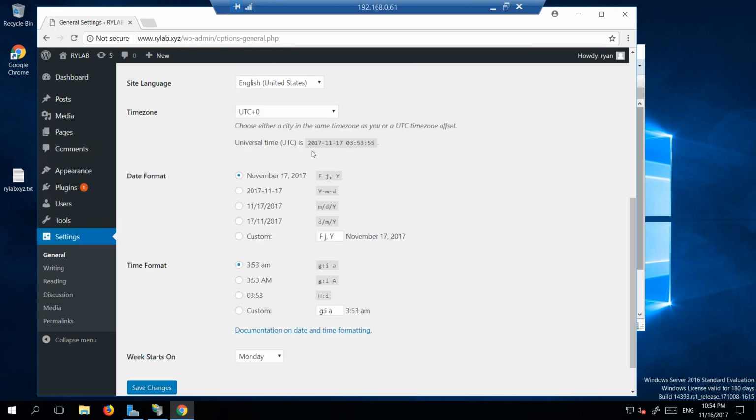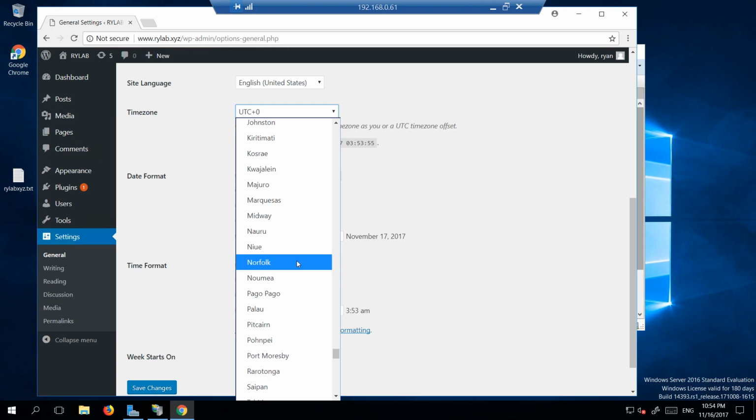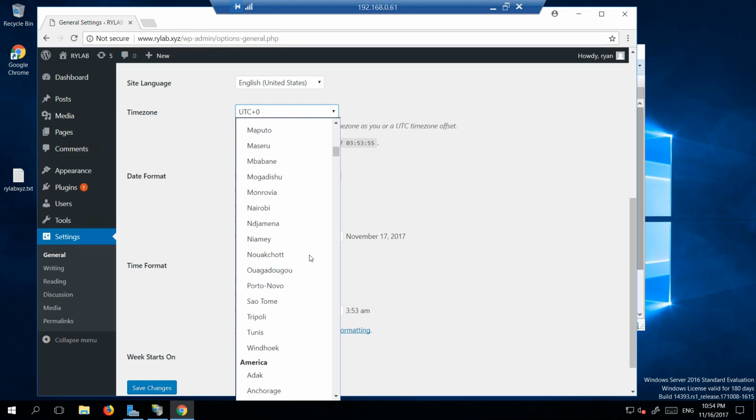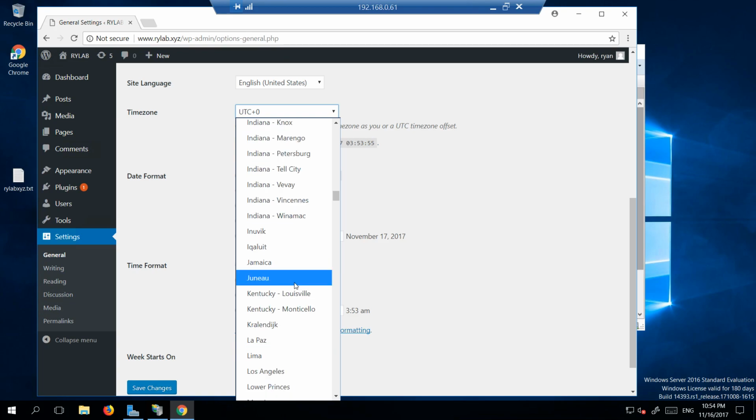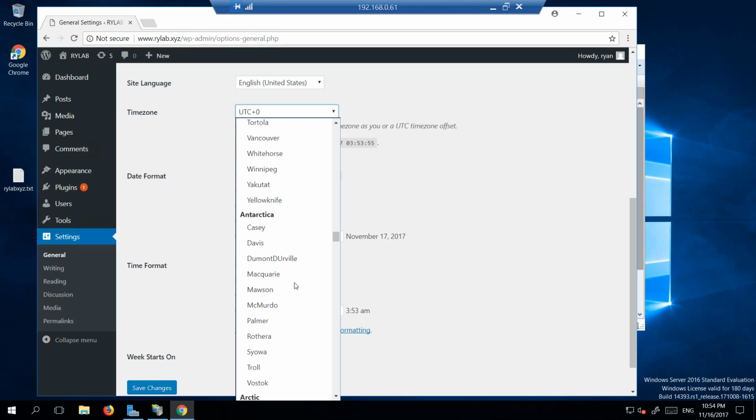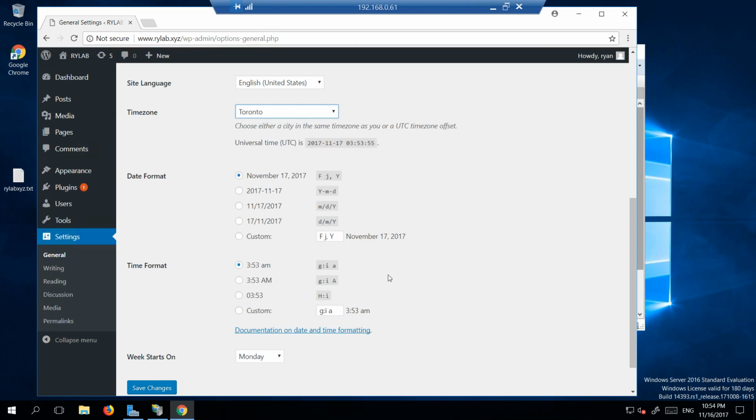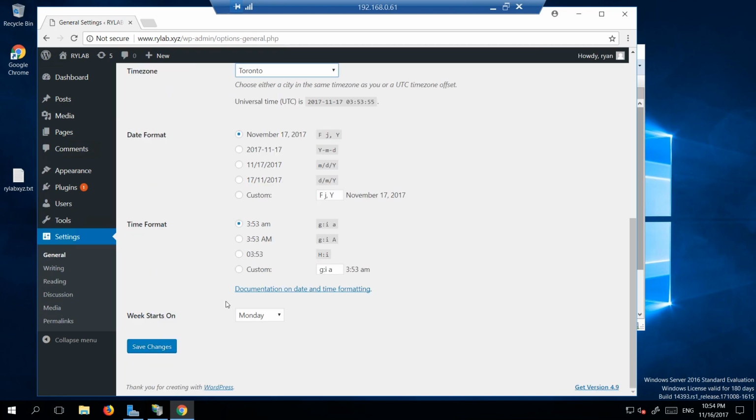So you can configure your time of day. We're in Toronto, so we're just gonna go down through and find Toronto. It's here somewhere, it's right here. Okay, you can configure all that stuff. Week starts on, day of the week if you want to change it, so you just save that. Alright,